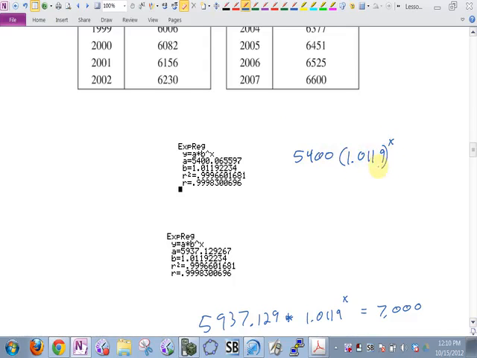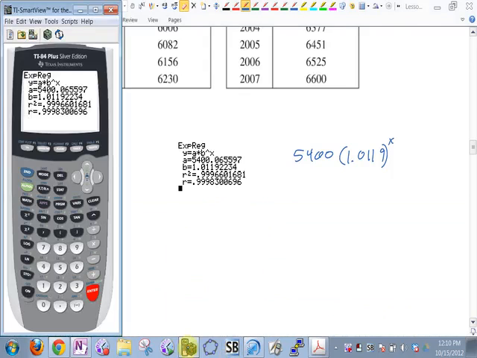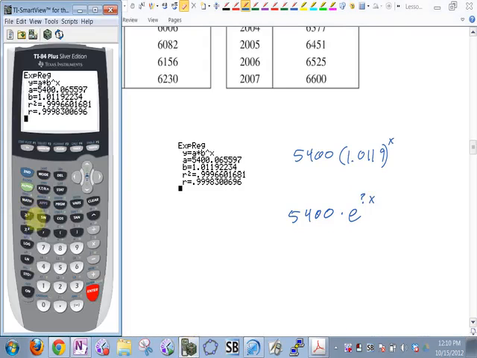What if I wanted to write that as an equation using a base e exponential instead of a base 1.0119? How do I find out how to write that as 5,400 times e raised to the something x? How can I figure out? Do e to the number and then times e to the x. What I actually want, I want to know what the natural log of that number is. Won't the natural log of that number, that 1.0119 number,